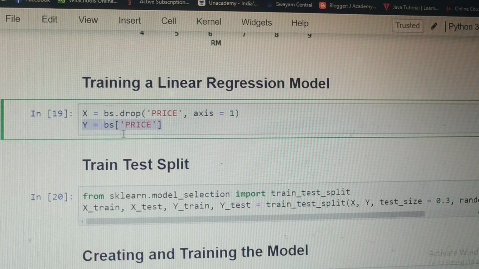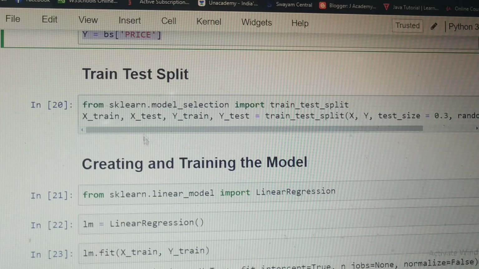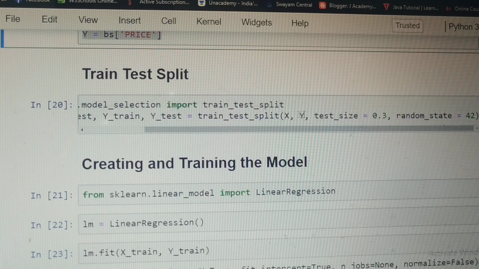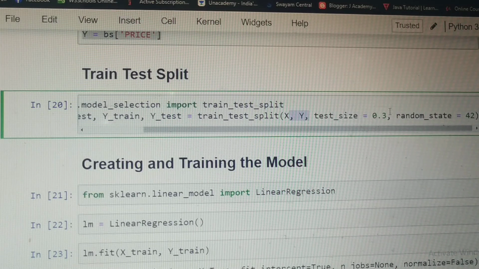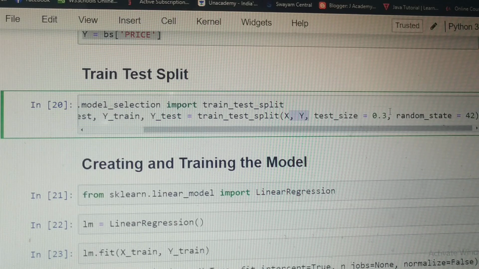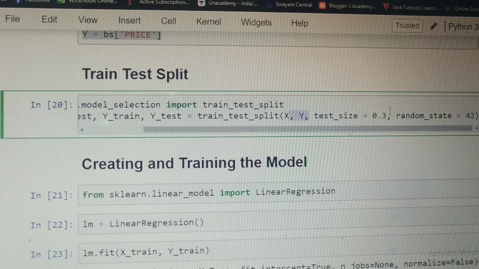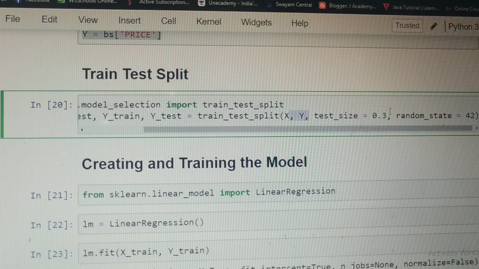So once you have X and Y, we are going to split that using train_test_split from sklearn.model_selection. So you have X_train, X_test, y_train, y_test equal to train_test_split, and we pass X and y, and test size is the portion of the data set that you want to test, that is 30% of 506 you want to put aside for testing, and the remaining will be used for training your model.